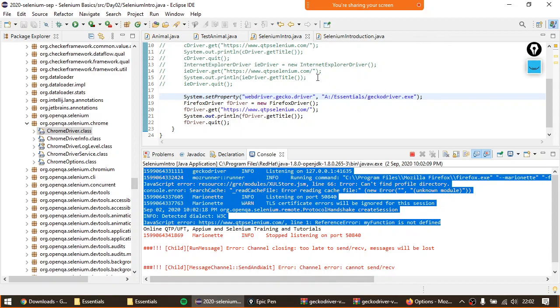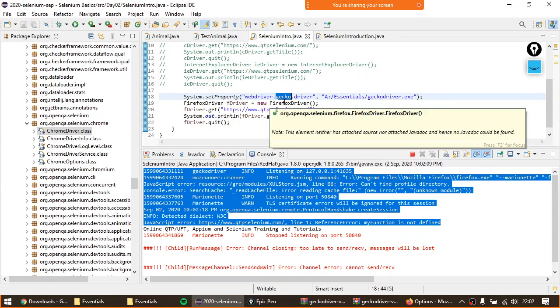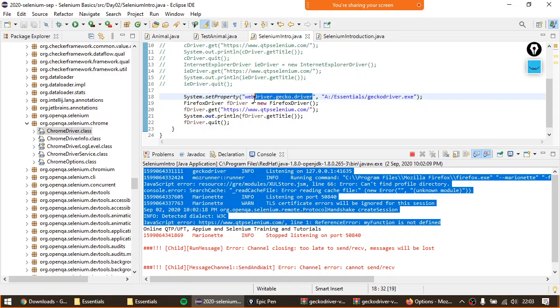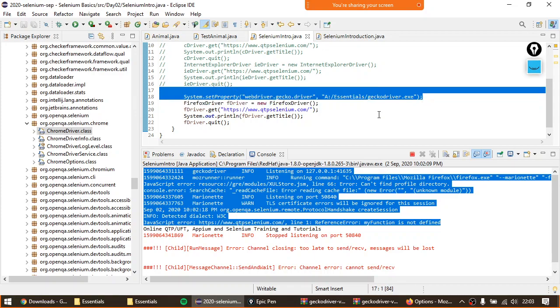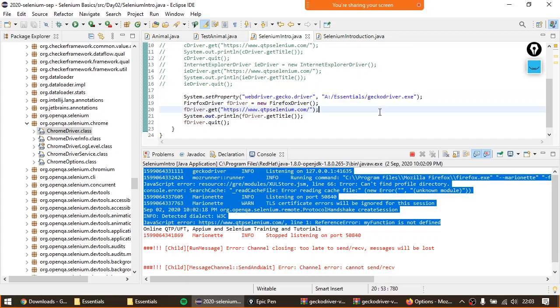So this is done. Now for other browsers, we can specify the same way. Instead of Gecko driver, it should be webdriver.chrome.driver for, say, Google Chrome, and for Internet Explorer, it should be webdriver.ie.driver. In case you don't know this particular part, don't worry. Just omit this line, run the code. If you have the executable specified in the environment variable, it will be picked up automatically. Otherwise, it will be telling you what needs to be